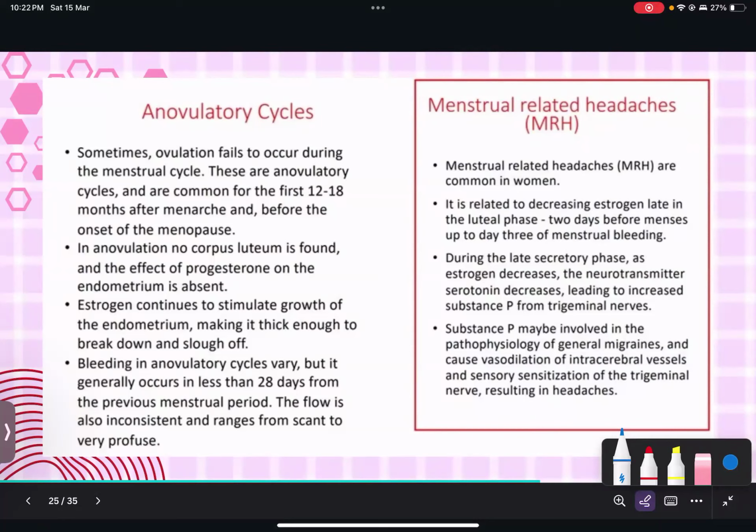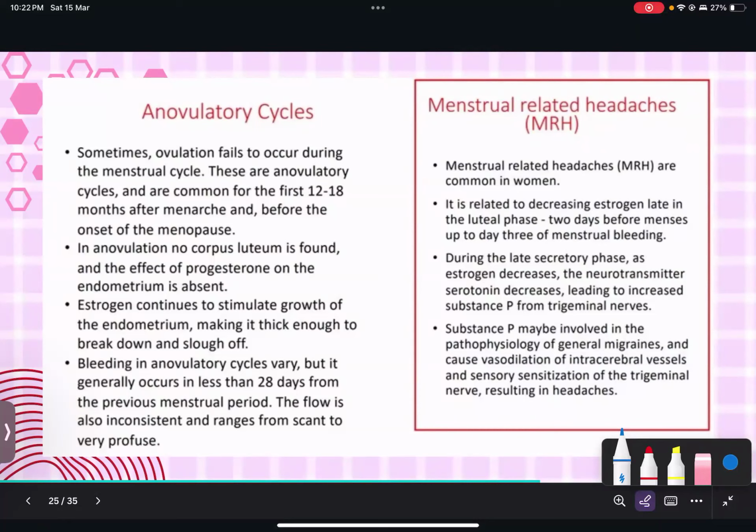Okay, another point that I mentioned here is those menstrual related headaches. Okay, those are common. Those are very common. I'm pretty sure most of the women around the world experiencing menstruation go through those headaches, and those are very physiological headaches. Why? Meaning it's not something they can control. It's usually triggered by